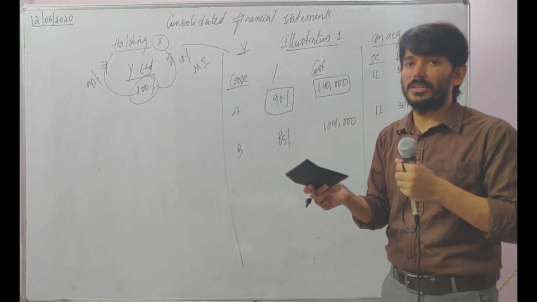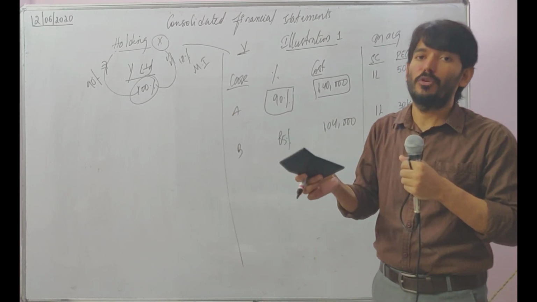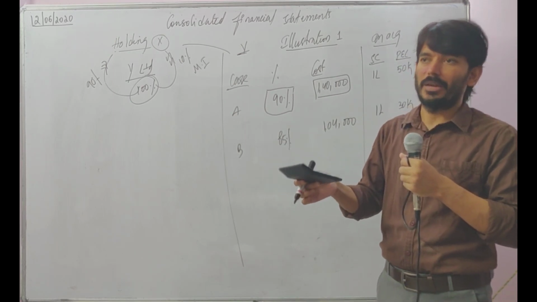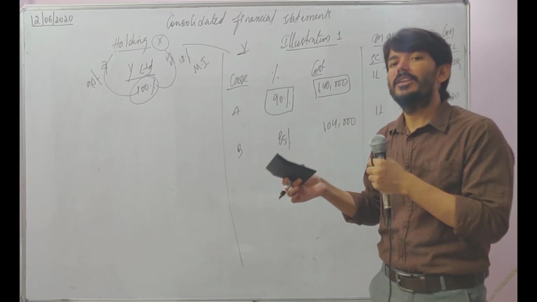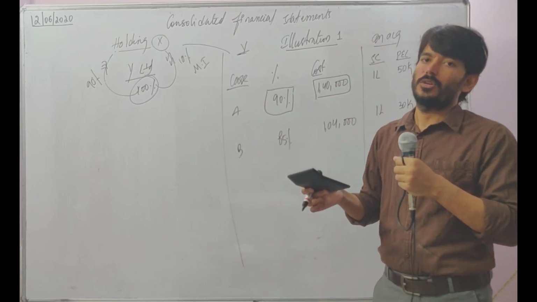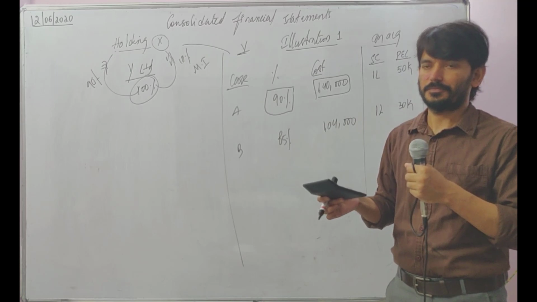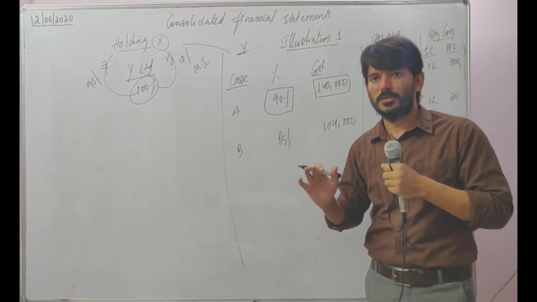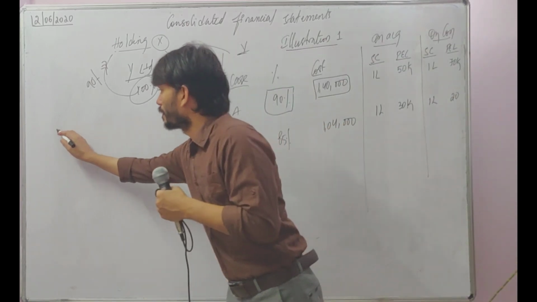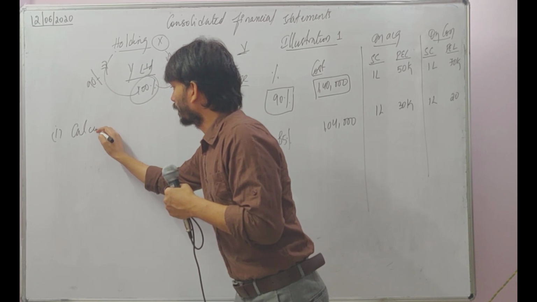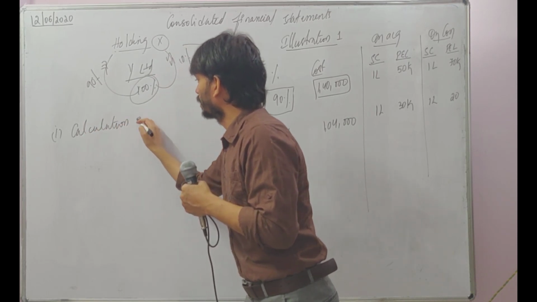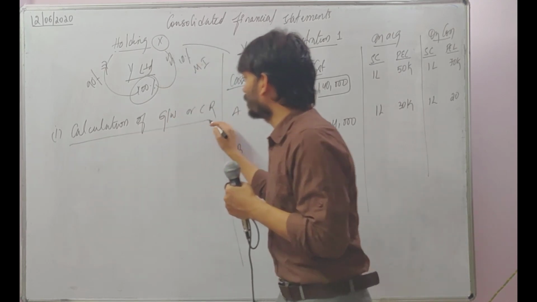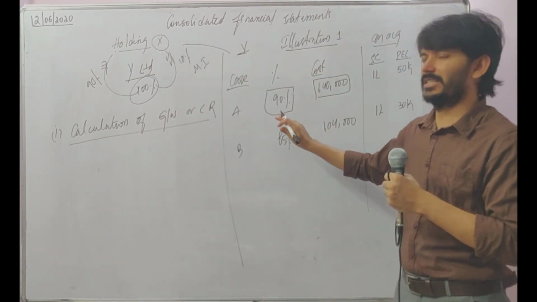But that is not the only thing. I also need to understand what is the value of it. Value means, what is the net assets or net worth of the company. The difference between these two will give me either goodwill or cost of control or capital reserve. So it's all theoretical, which I have explained in the earlier video, but today we'll focus on the numbers, like the calculation of goodwill or capital reserve.